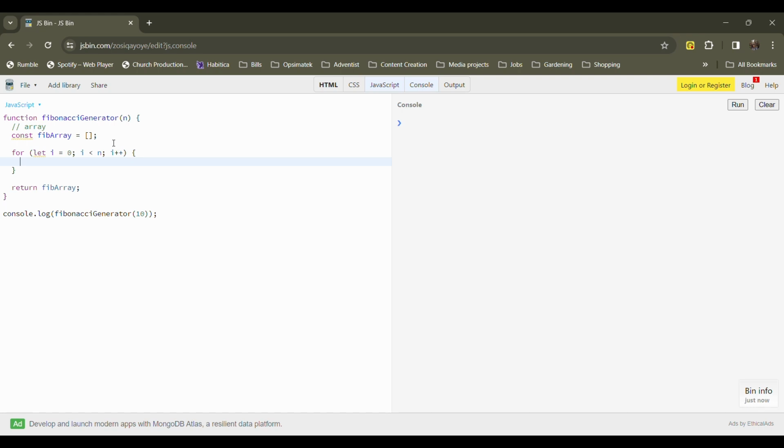Okay, so what do we know about the Fibonacci sequence? Well, each number is the sum of the last 2 numbers, right? So what about the numbers that are lower than the third number? If it's the first number, we can't go to the last 2 numbers. If it's the second number, we can't go to the last 2 numbers, right? So we just have to know that the first 2 numbers in the Fibonacci sequence are 0 and 1, which